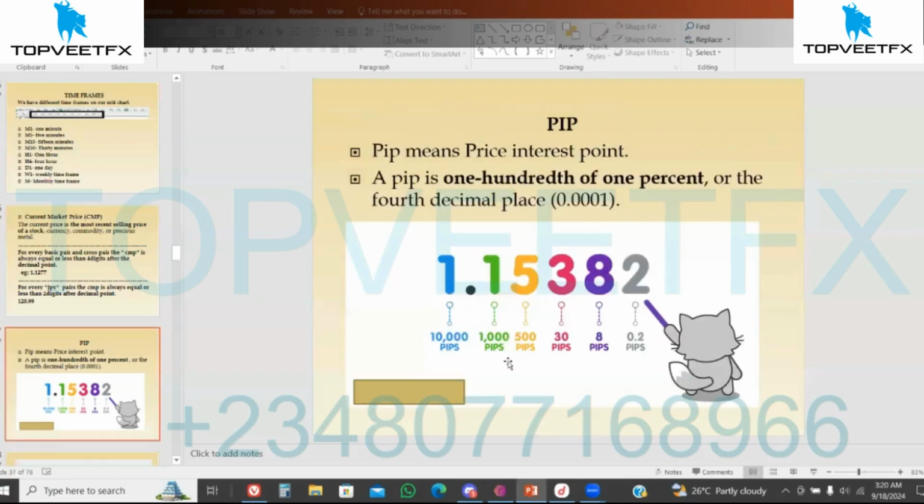Looking at what is a PIP. PIP means price interest point. A PIP is 1/100 of 1% or the fourth decimal place. Now, looking at this scenario being placed here, you remember I said the last figure is the PIP. It is the one that we count from